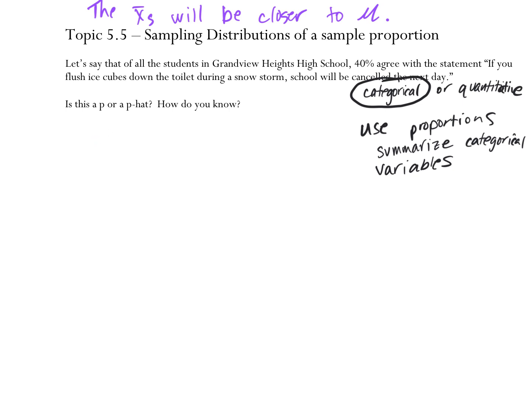How do I decide between P versus P hat? Is it describing a population or is it describing a sample? Since I say this is all Grandview Heights students, it would be a P. Okay. So now